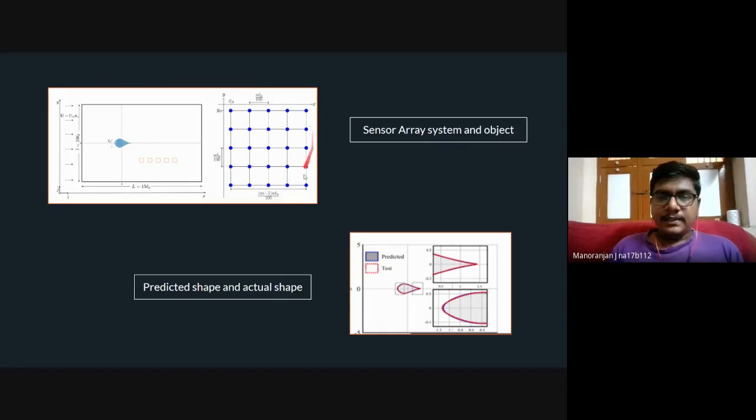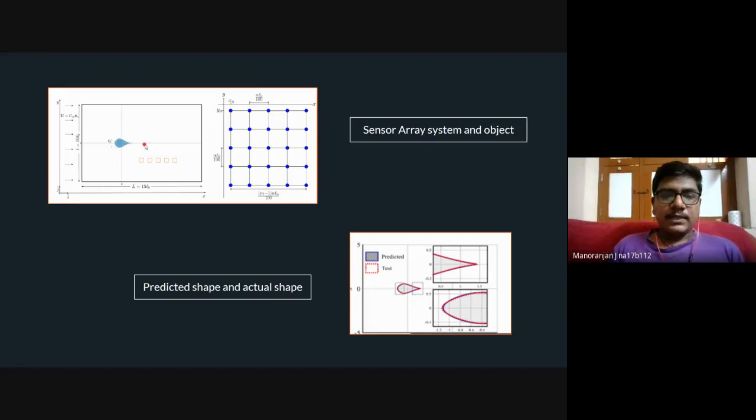This grid that you see here is nothing but an array of sensors. You can consider it as an artificial lateral line system, similar to the lateral line systems found in fishes. These sensors will be used to get the velocities and pressure points, which change due to the movement of this object.